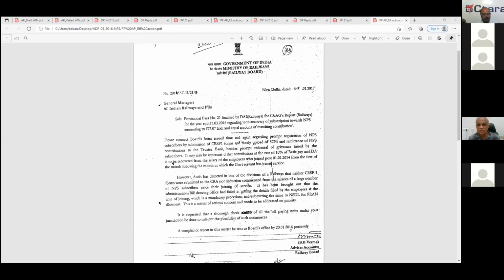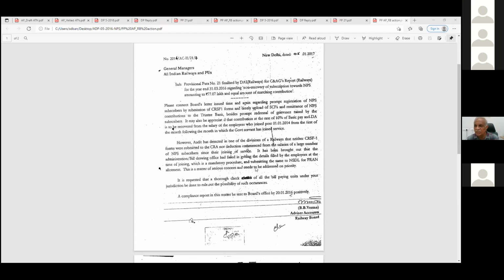Sorry for the interruption. So this is the action to be taken by the Railway Board. They took that action because they have advised all the general managers to go through their problems, and if any such problem is there, such as in getting the SF1, or the CRA not giving the PRAN number, etc., they have to take some action. So that is what was given, duly quoting that provisional para. So in the provisional para reply also,